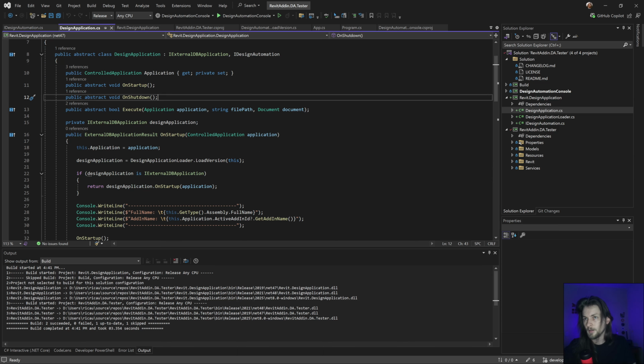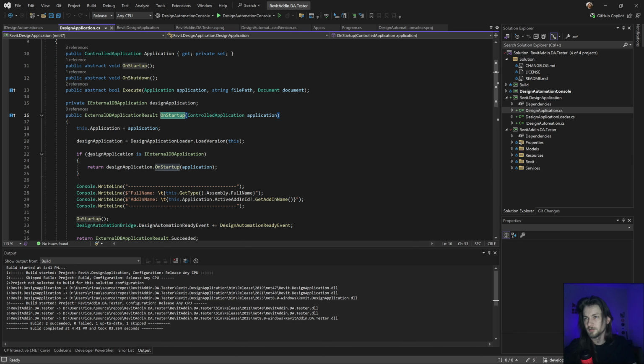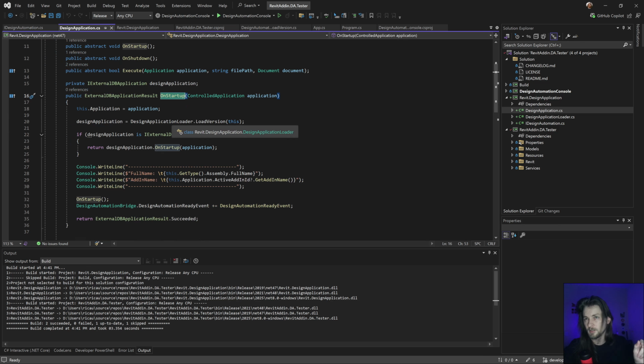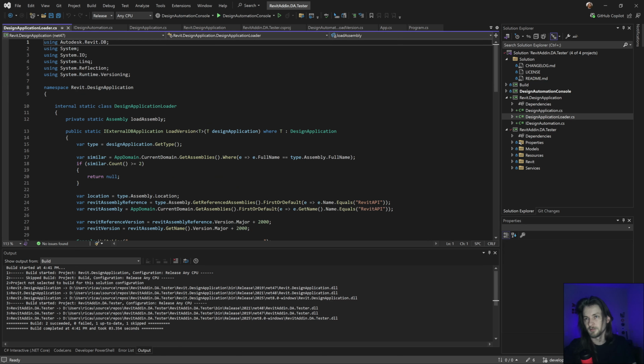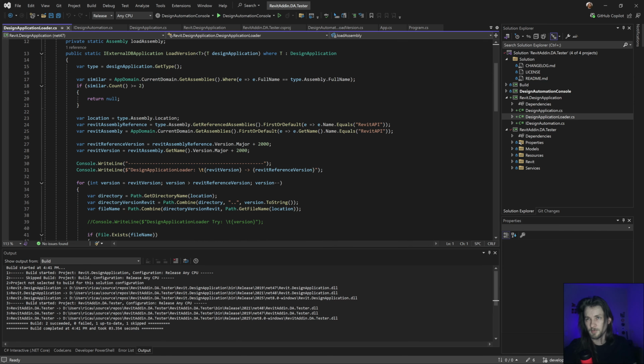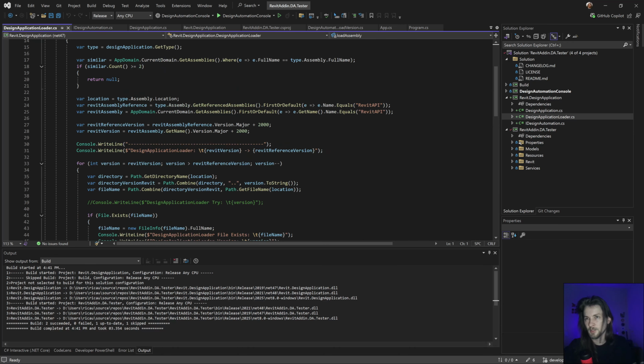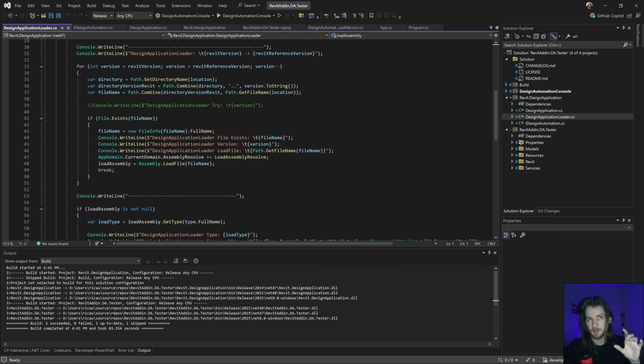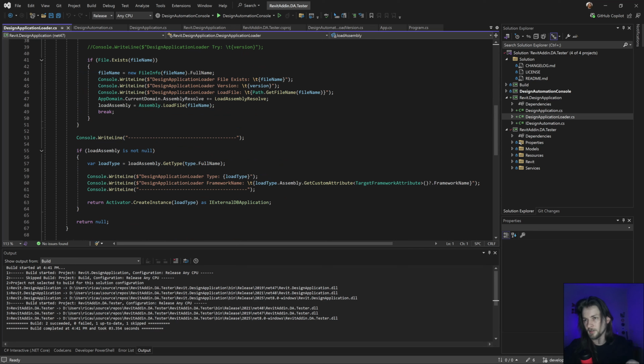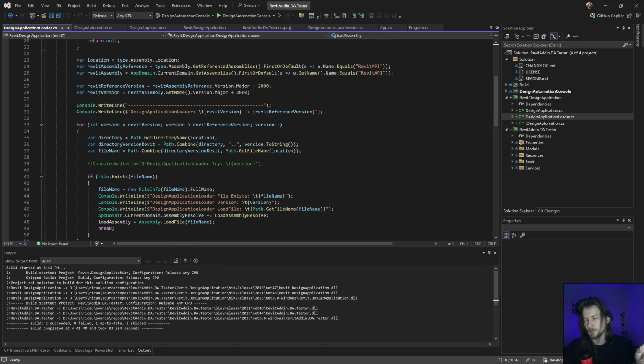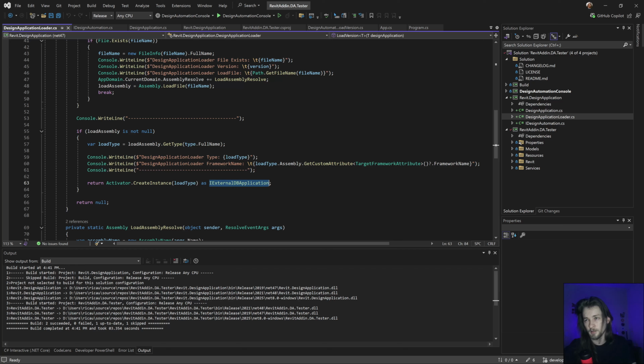And in this startup, what it does is basically try to find the correct version. This is basically the same thing I'm doing using this design automation loader. I'm going to do basically the same code, but instead of getting that class for the design automation, I'm getting the iExternalDB application, basically the same class.